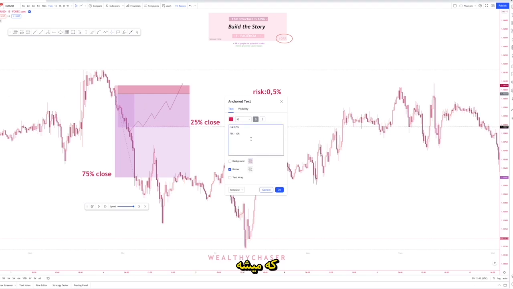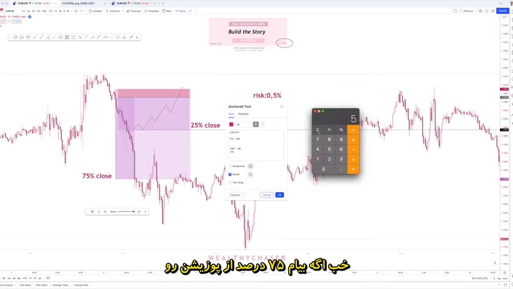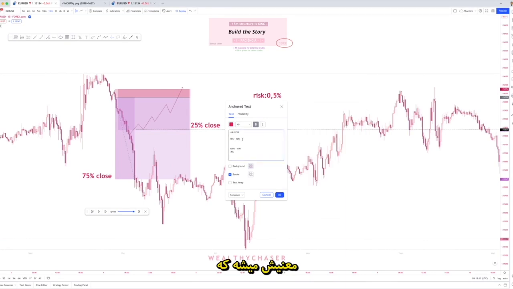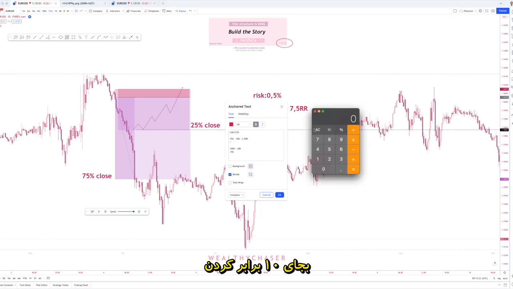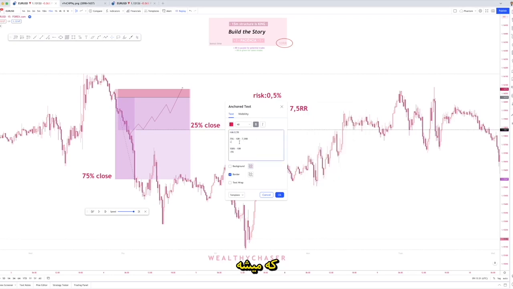Which would be 5%. So if full volume was closed at 10R, this would equal 5%, right? So once I'm only doing 75% of 10R, this will mean that the full result will be 7.5R. What means that instead of having 10 times my risk, I will have 7.5 times my risk. This will equal